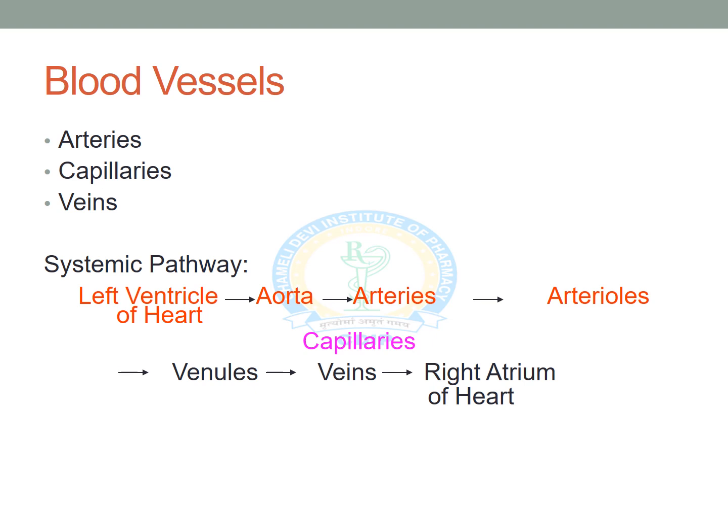So if you see, we start with the left ventricle of the heart, and when the blood enters the arteries, first the oxygenated blood enters the major artery, and then the smaller ones. But when we talk about the deoxygenated part, the smaller ones come first, and then they drain into the larger ones. So there is a difference: the flow of oxygenated blood and deoxygenated blood is opposite in arteries as compared to veins.